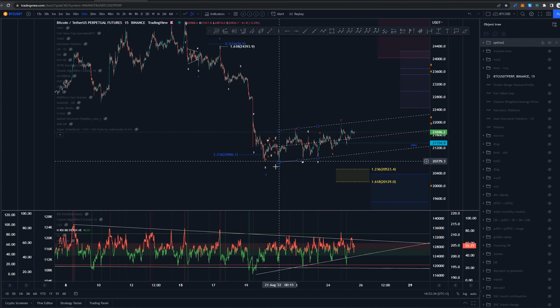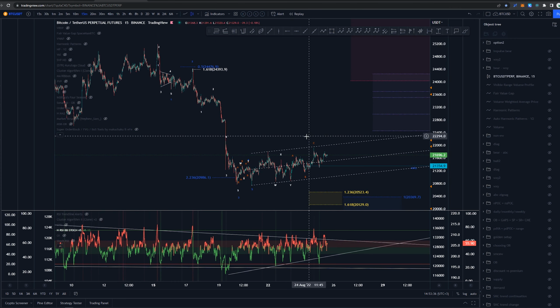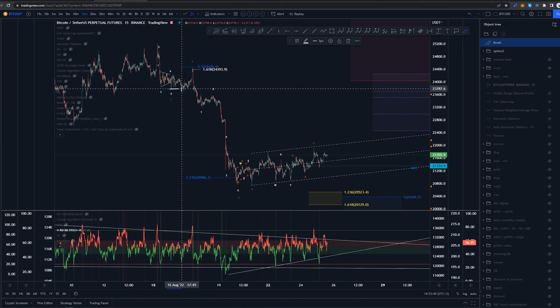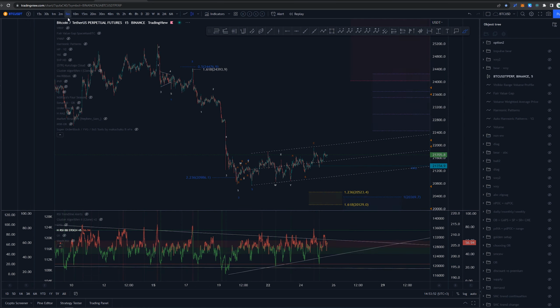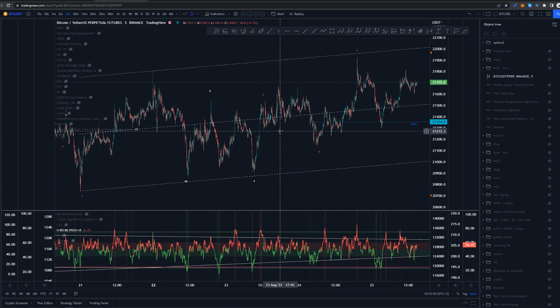There we go. So what we would be expecting for wave 4 would be something that would be faster, a zigzag pattern, or something that is not taking out the start of the A wave here for this wave B. Okay, so this would be the solution here. I feel like